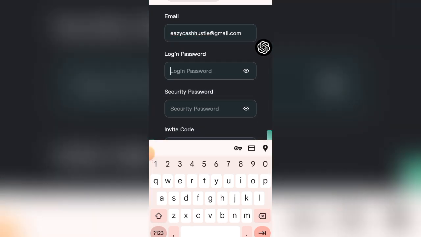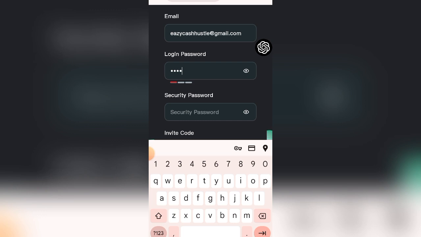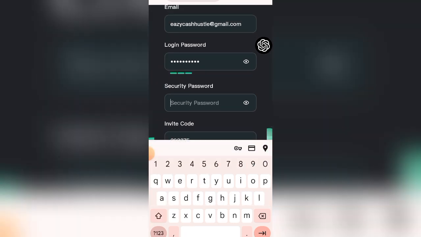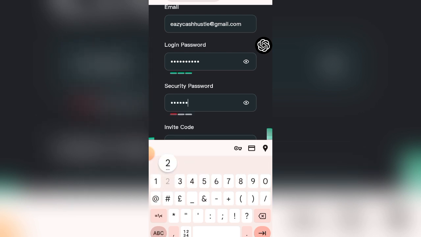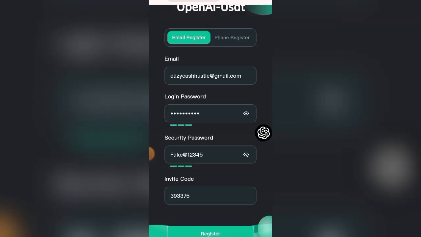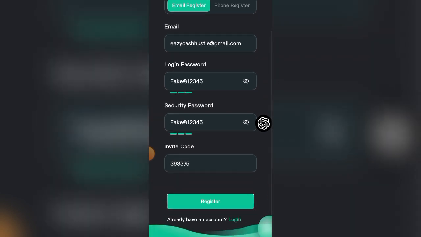video and click on here. It will take you to this page. You just put your email address, create your password. Once you finish creating your password, just put a security password which you'll be using to withdraw your money in this platform. So once you are done, come down and click on register. So this is register down here. Click on register and it will take you straight to this platform, because once you click here on this place,